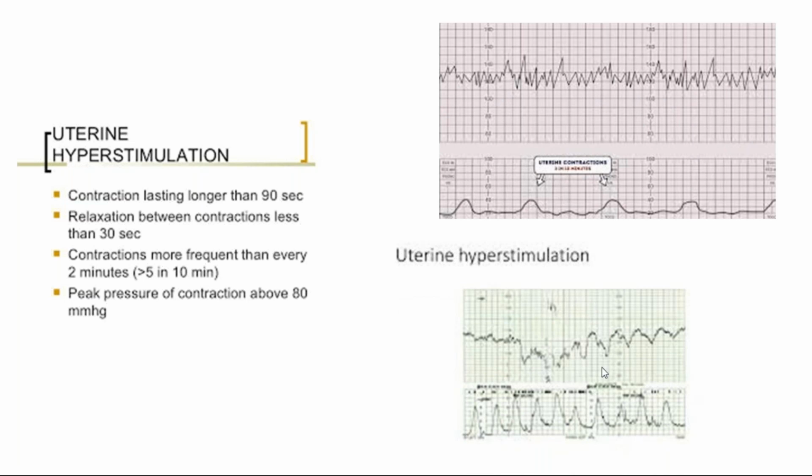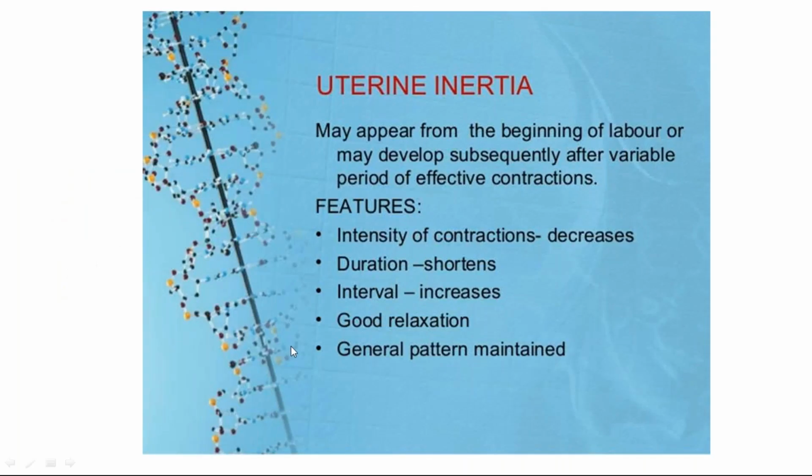So this is a hyperstimulation. Can you see? So many contractions are occurring here. The down graph, can you see, all of you? So too many contractions are there. Even the basal tone is increased. There is no relaxation in between the contractions, and you find the fetal heart is also going down, right? It has gone down and again it is picking up, but still you find decelerations here. Okay, so this is about the uterine hyperstimulation.